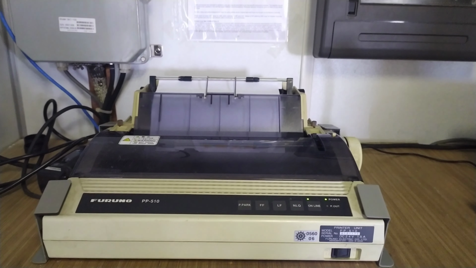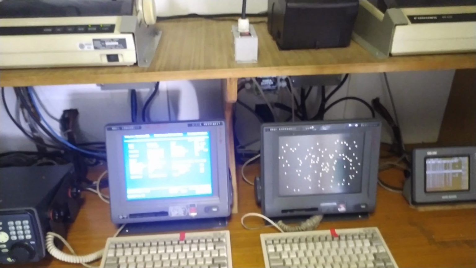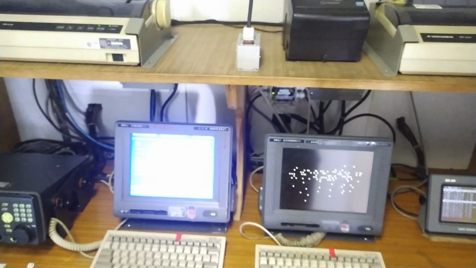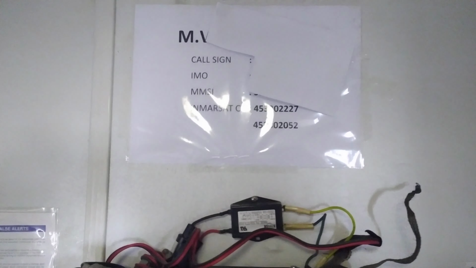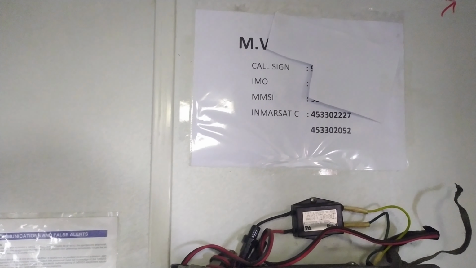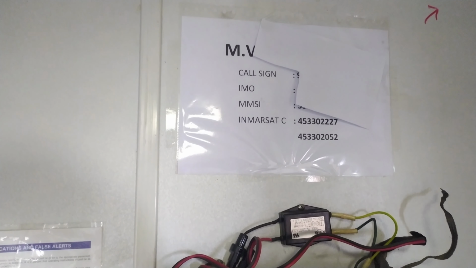So whenever you are going to attend a survey, there are some documents that you have to paste on your bridge. First document is the vessel's name, IMO number, MMSI number, and the Inmarsat IDs. This was a requirement.